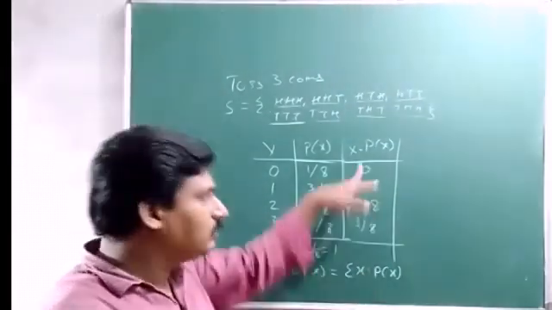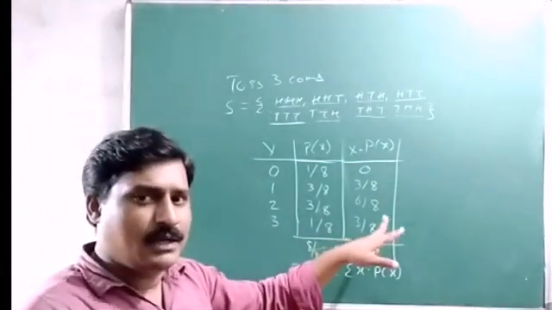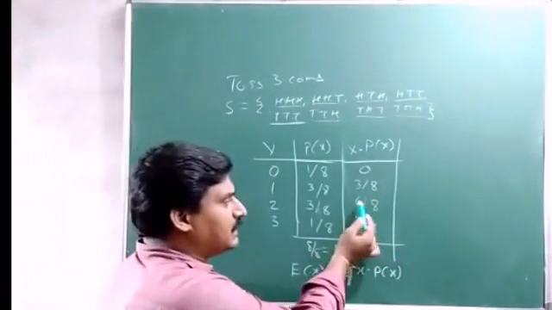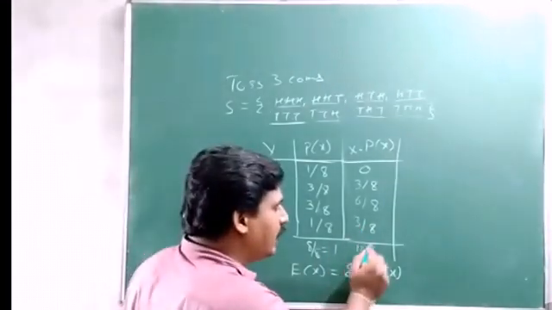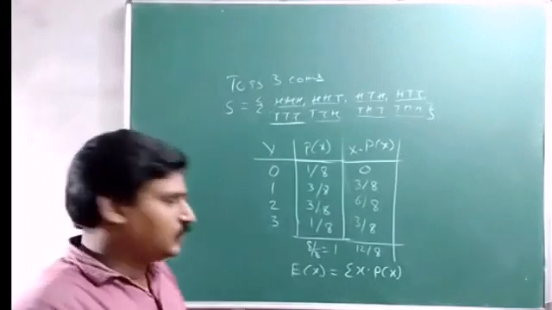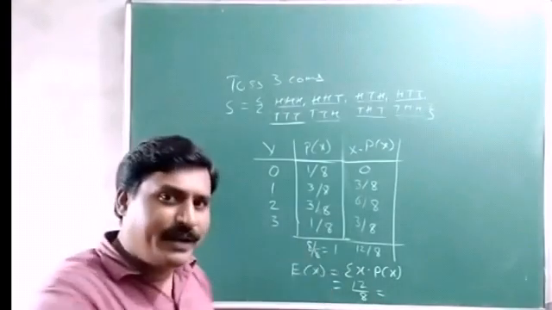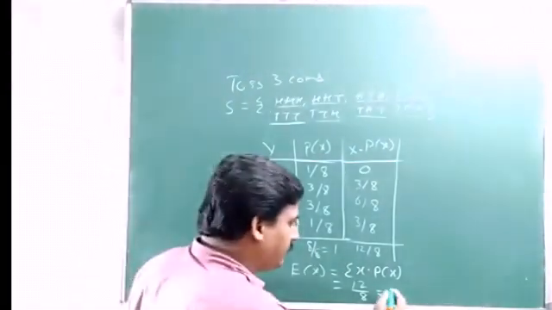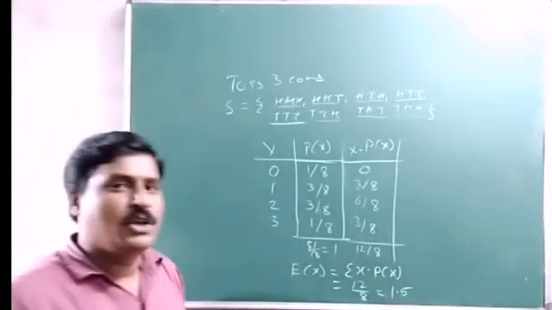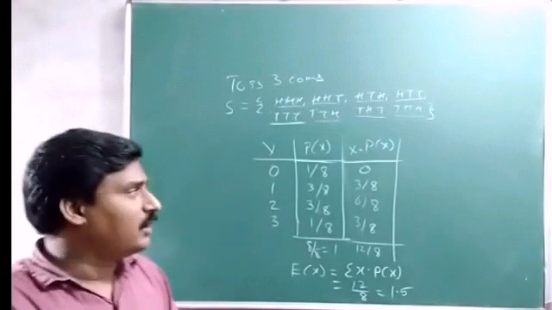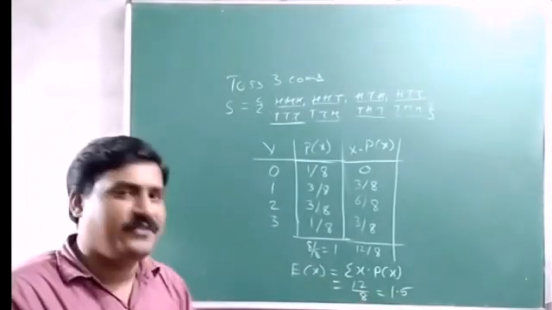Okay. Now make a total of this one. The denominators all have the same denominator 8. So 3 plus 6 is 9, 9 plus 3 is 12. So that is 12 divided by 8. So the expectation of x is equal to 12 divided by 8. We can reduce it further. That is 12 divided by 8 is 1.5. So the expectation of x for the distribution, the random variable here, is 1.5.